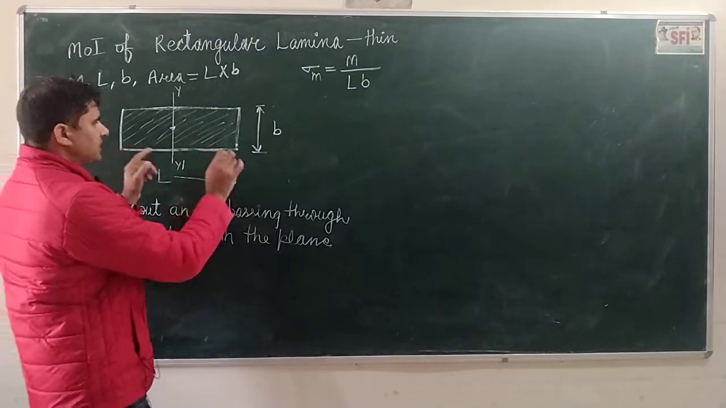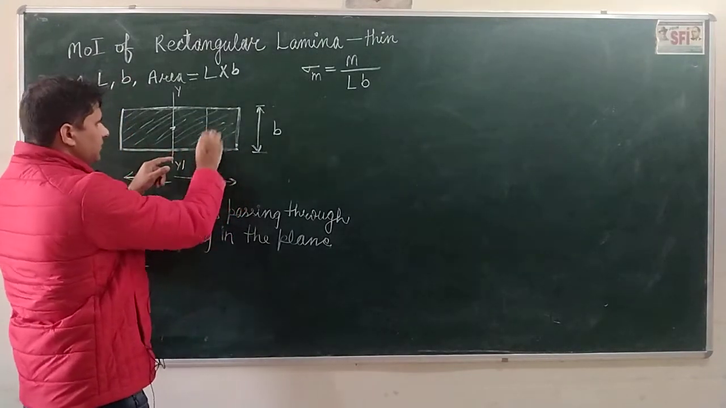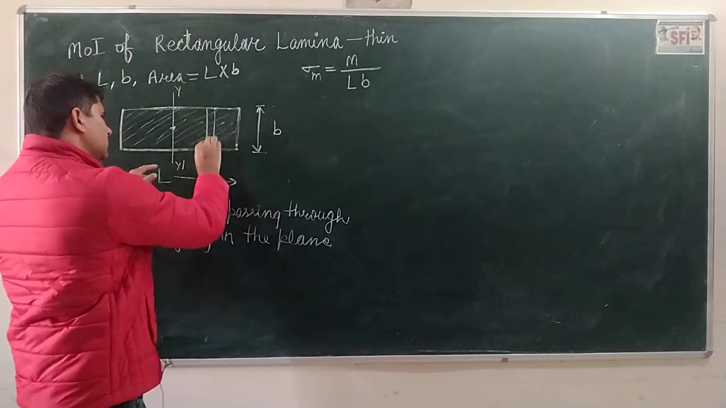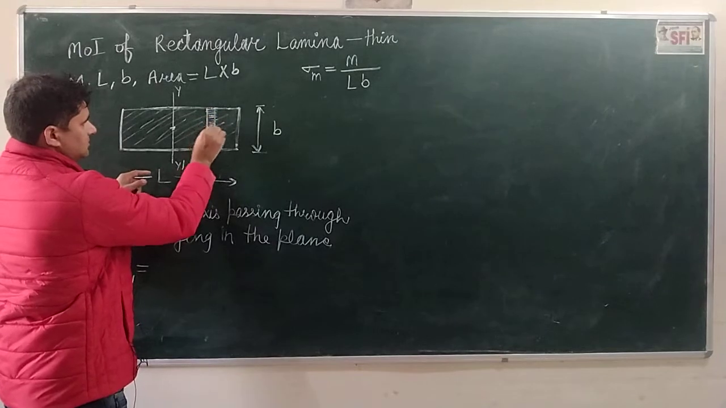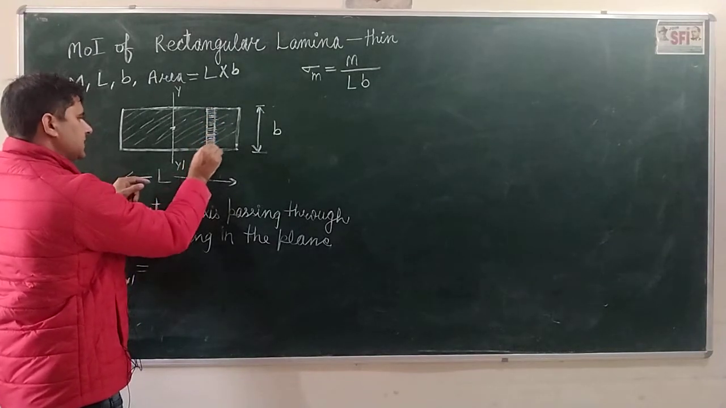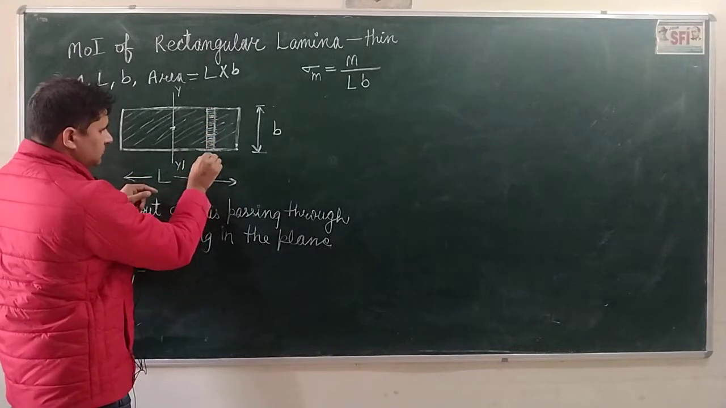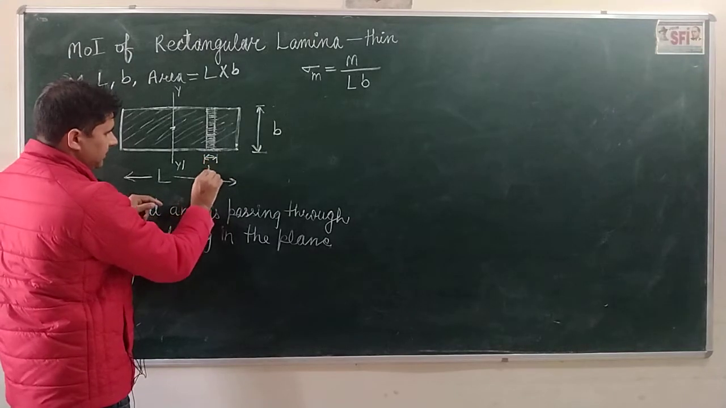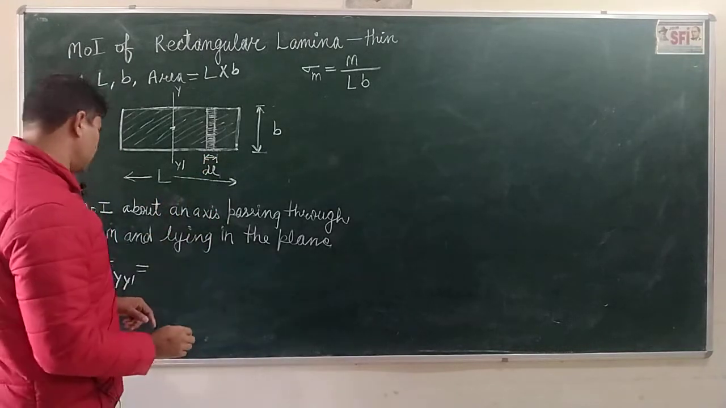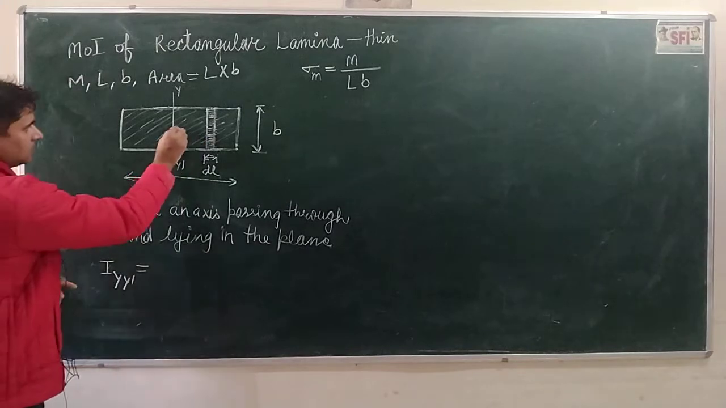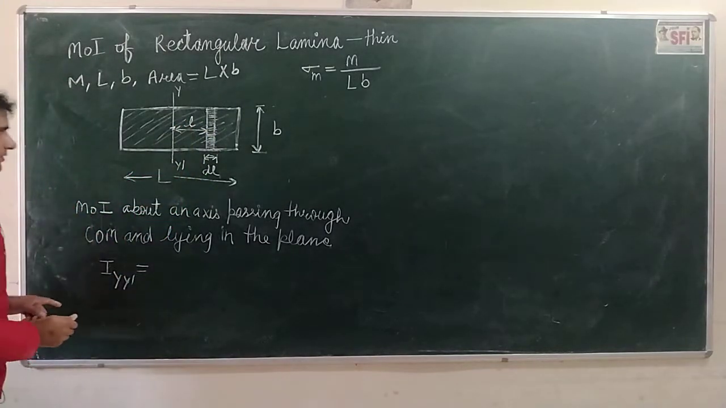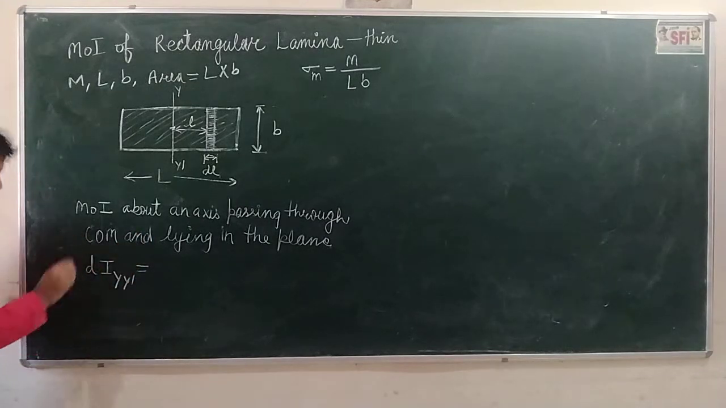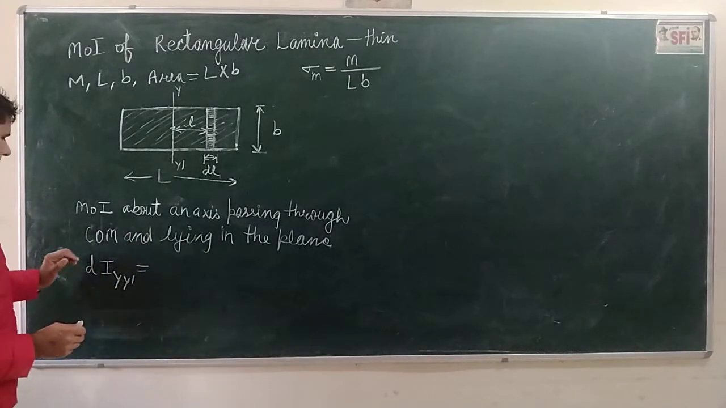We will make use of a trick, and that is we will divide this lamina into elementary surfaces. Let us take the length of this element as dl. It is at a distance of small l. If we find the moment of inertia of this elementary surface,